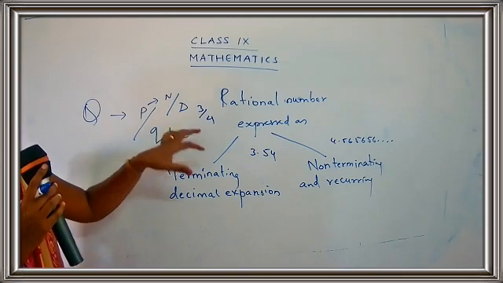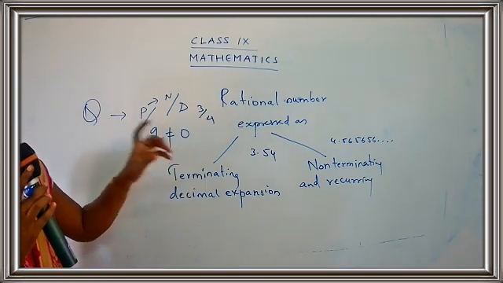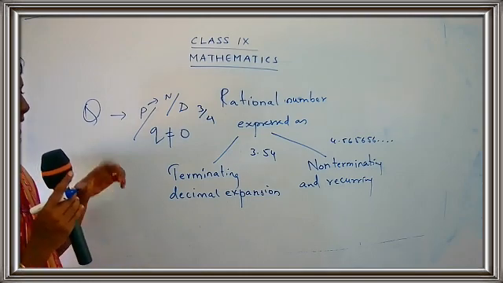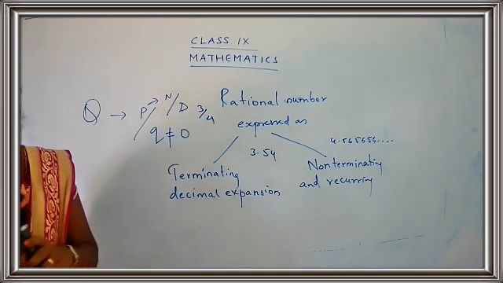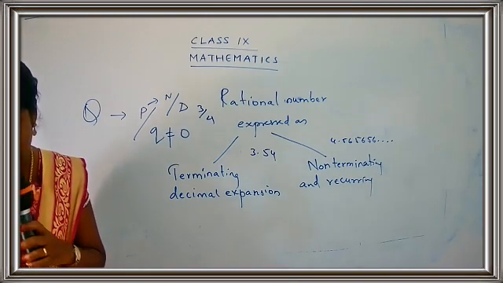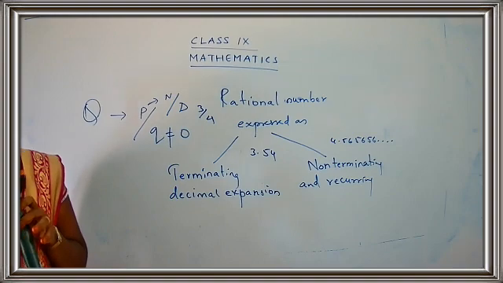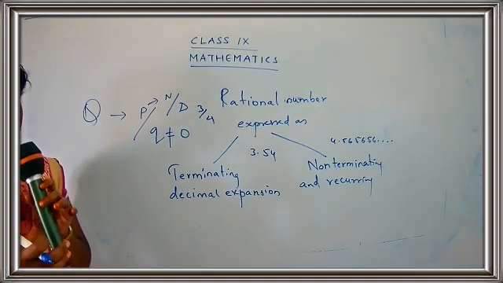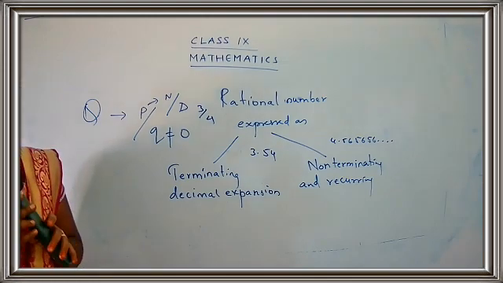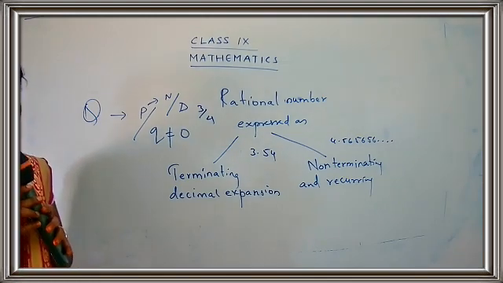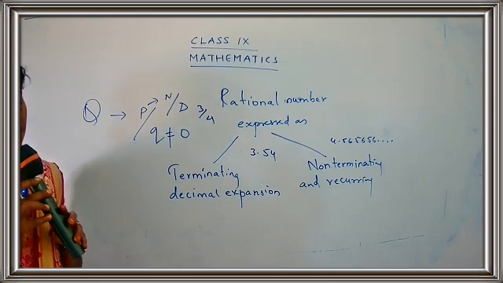Yes, children? So we have seen how to write a rational number in the form of decimal, and also we started with writing the decimal number in the form of a rational number. That is, in exercise 2.2 we started with sum number 4, where we were given a decimal expansion and had to write it in terms of rational numbers. I have given you some sums. I hope you have completed them. Were you clear with that concept, children? Yes. So just go on trying.